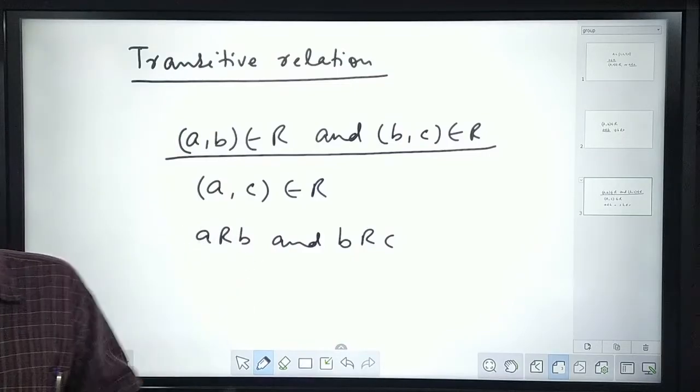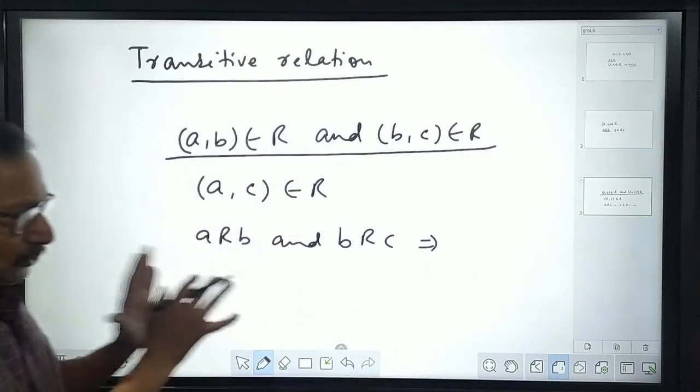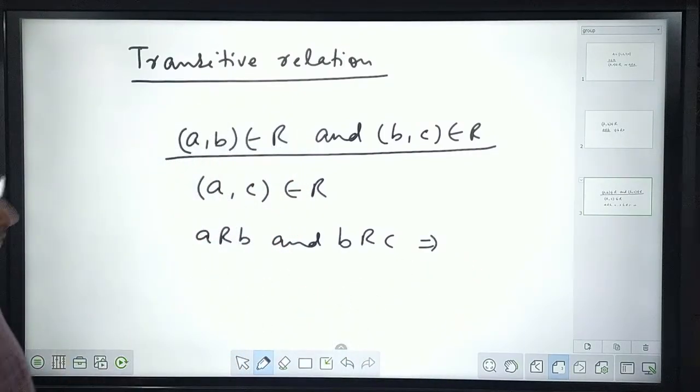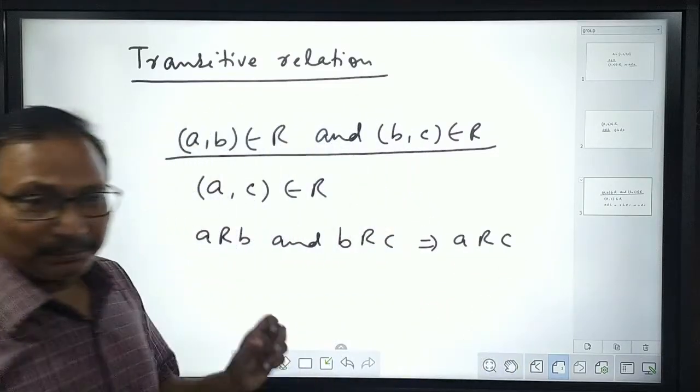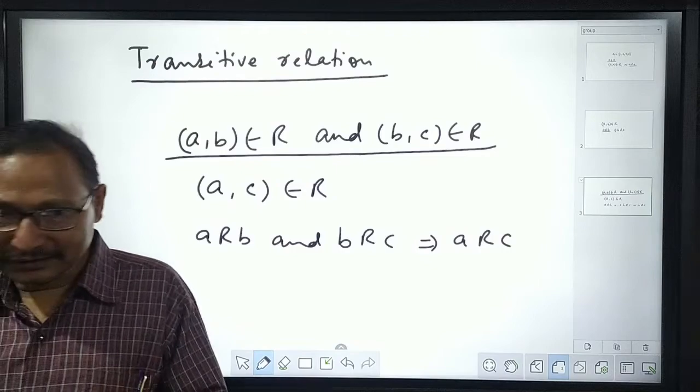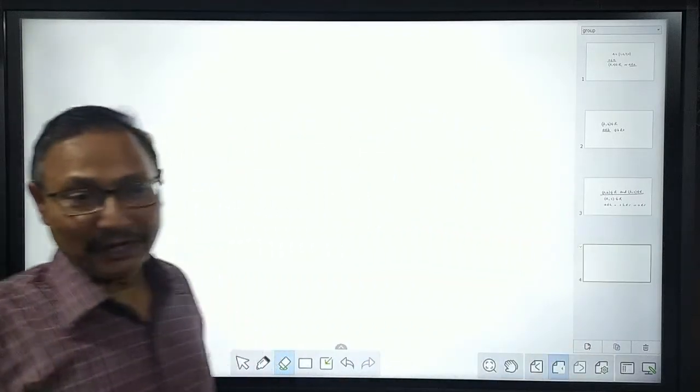These two are given to us, and then we will check whether these two pieces of information imply that A is related to C or not. If it happens, then we say that this is a transitive relation. And now the very important fact regarding this one: